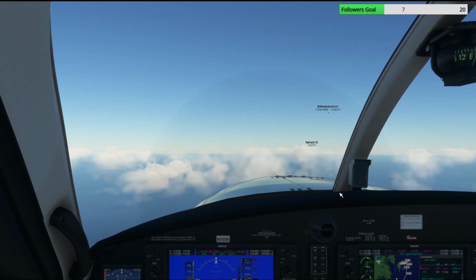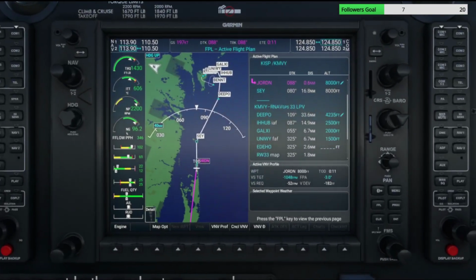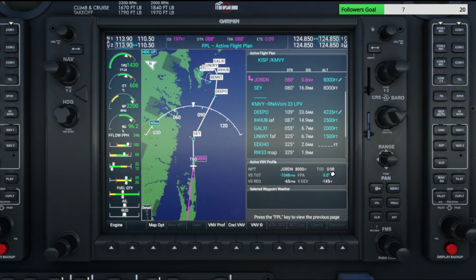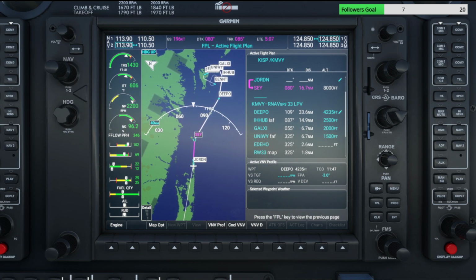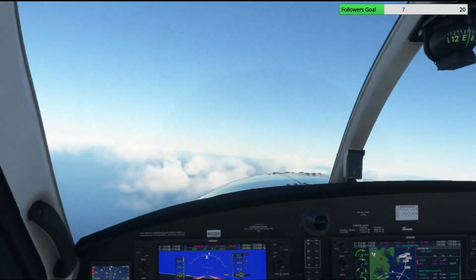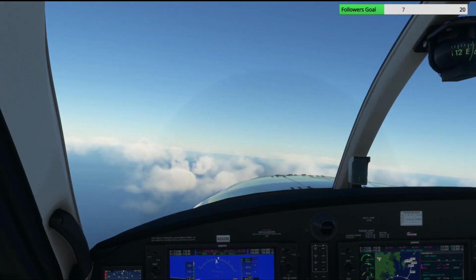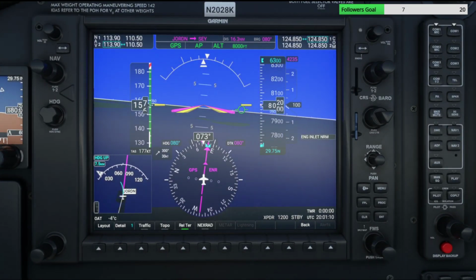Okay, this is a bit annoying because right now the TOD changed one more time. So let me quickly go to the MFD. So now it says it's in about like 5 seconds. So what we're gonna do is, and now it changed again. Wow. That is absolutely crazy. So what I'm gonna do is, let's set our altitude to 1500,